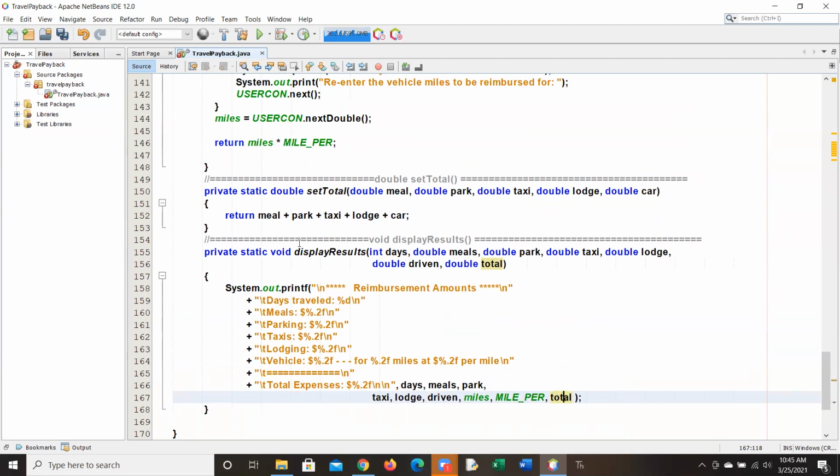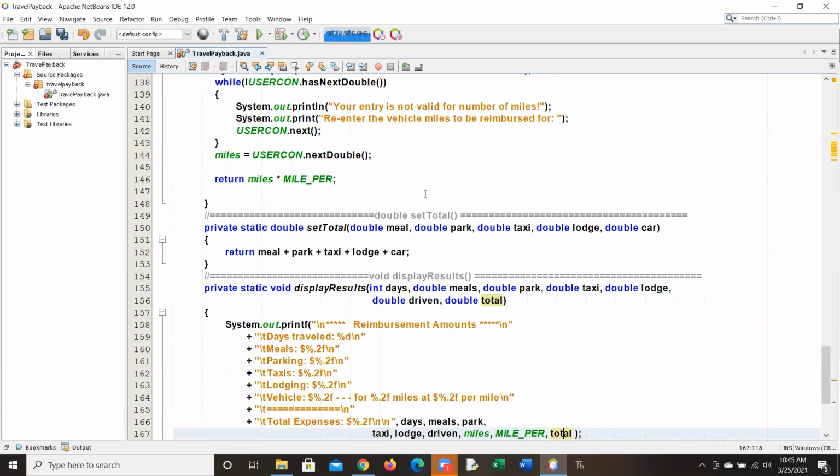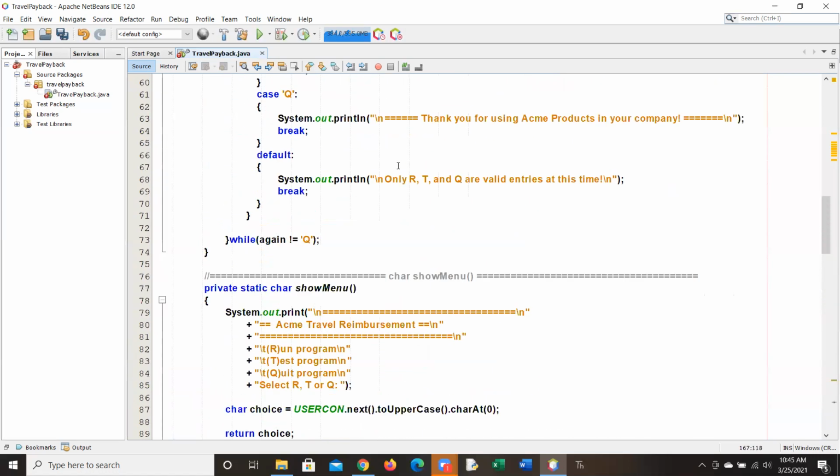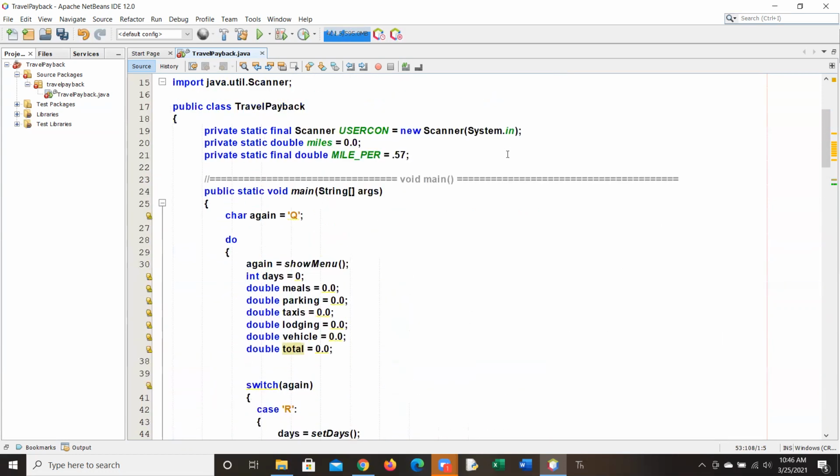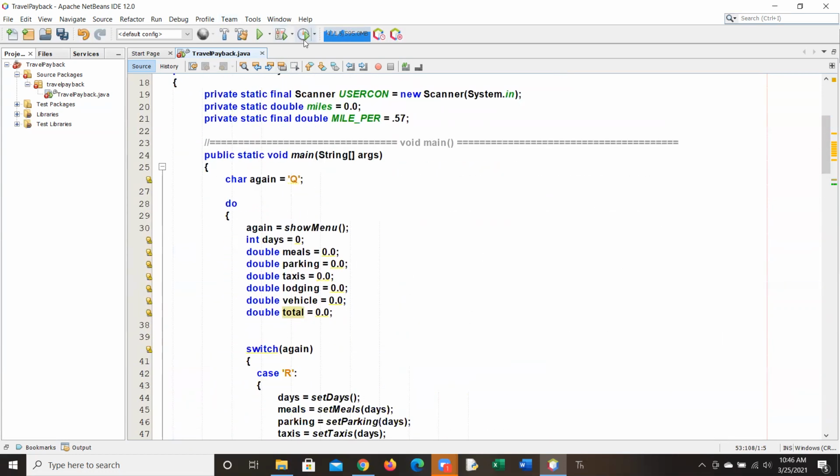Up above that, this is where I added them all together to get my total. I sent down 5 arguments, or 1, 2, 3, 4, 5. Added 5 together. And then when we go back up here, we send the 5 down to set total. And we added total to the end down here to display results. And up here we added total. And now if we run it,